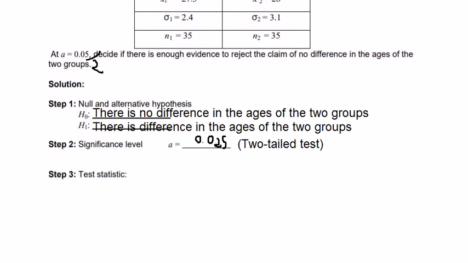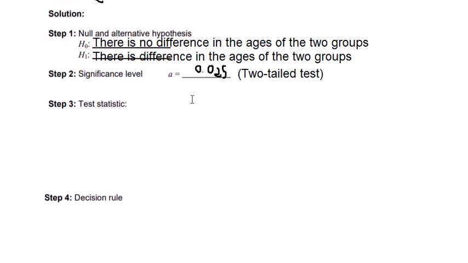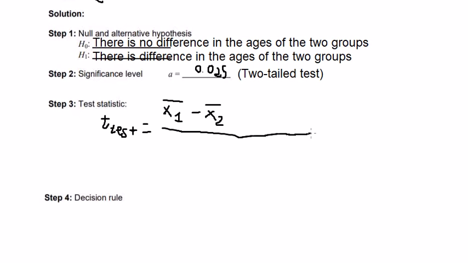And now we will apply the formula. That's the t test, equals x1 bar minus x2 bar, over, this one is very long, the square root. We have